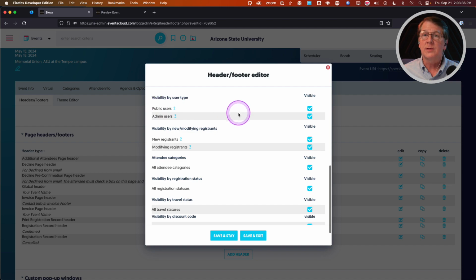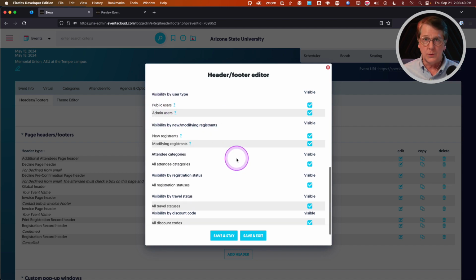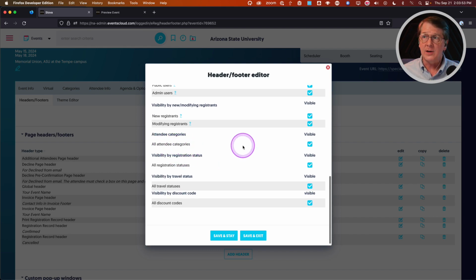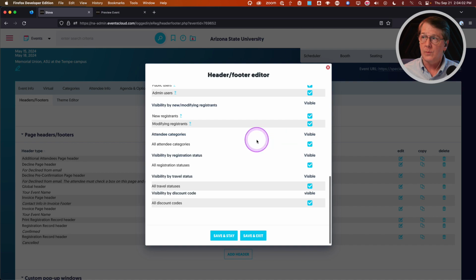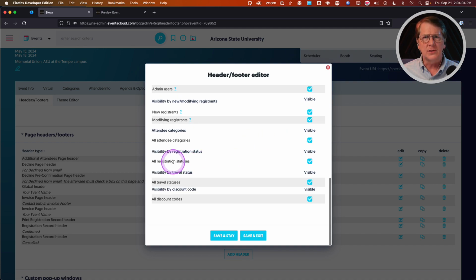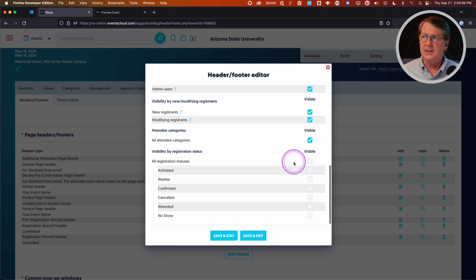Again, public users, that's your attendees. Admin users are you. New registrants, first time a person is in your registration site, modifying registrants. If you're allowing them to go back into the registrations, you can have a special message for them as well. All attendee categories, if you want to see specific categories, just uncheck a box, and then those options will be exposed. Okay. Registration statuses, really haven't talked about statuses,